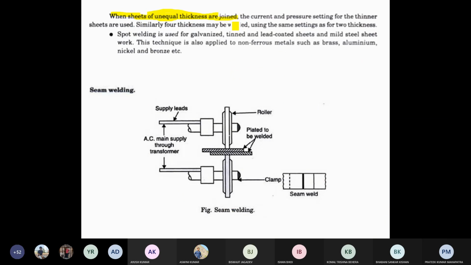In the previous case, if you go for an unequal joint, there is a problem. But spot welding normally is surface to surface joining, whereas butt welding is a face to face joint. Butt welding and arc welding, that is flash welding, you can see is a face to face joint. So butt welding is normally